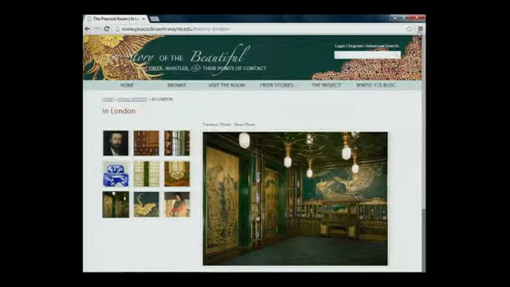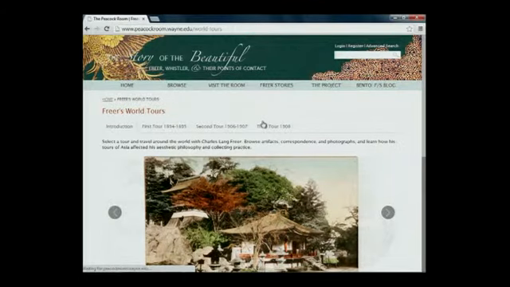One of the things that we also do on this website is to try to unpack a little bit about the meaning of Asian ceramics in a Western decorative interior. And so with that end in mind, we incorporated a section in the Freer Stories on Freer's World Tours. One of the things that's interesting is that Whistler and his patron Leyland never went to Asia. It had a tremendous hold on their imaginations, but it was a place of pure fantasy for them. That wasn't the case for Freer, who really